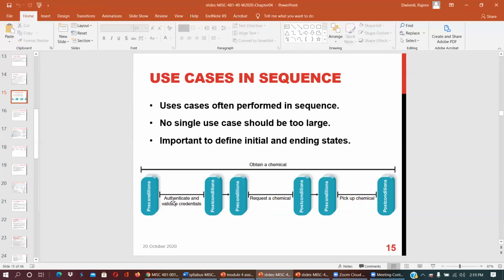Now look into this: first precondition, post condition. This is the first situation. This is again precondition, post condition, precondition, post condition. First, authenticate and validate credentials, then request a chemical, then pick up the chemical. So these are the three.